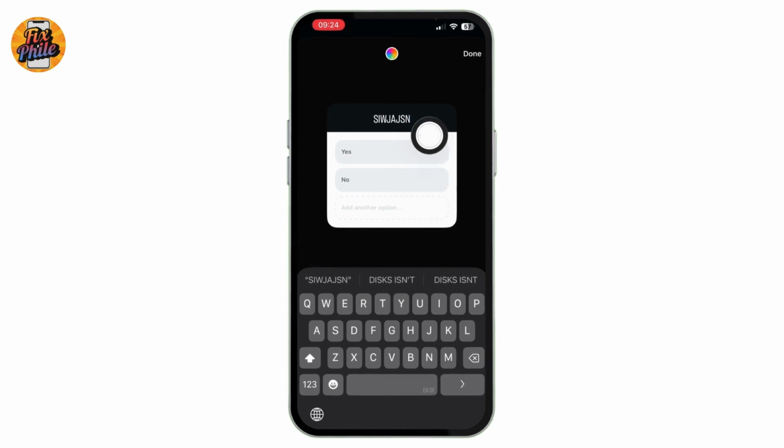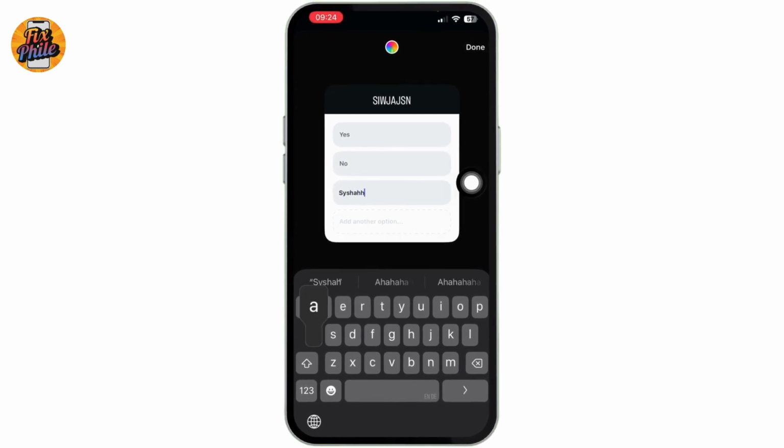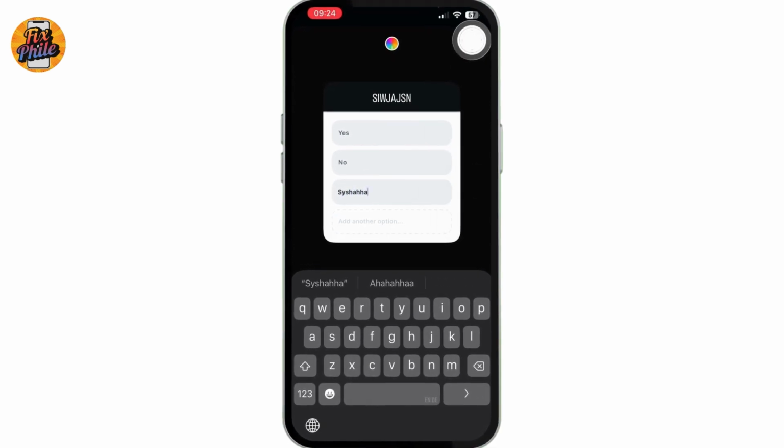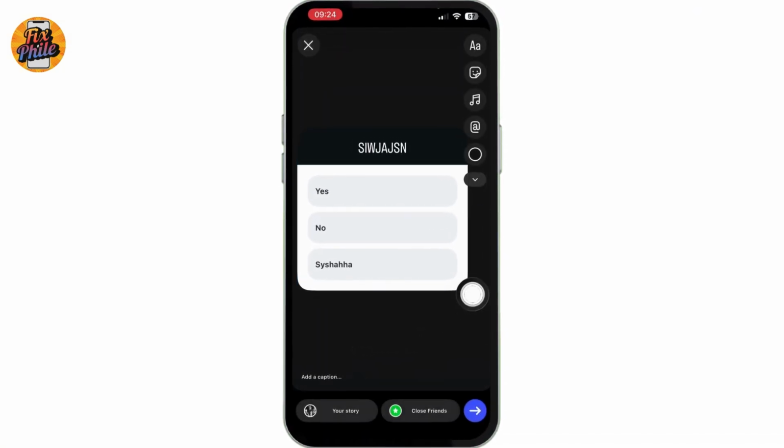After that, here you will be able to customize your answers as well. You can simply tap on add another option and then type in your options. After that, you can simply tap on done, and just like that, once the poll is ready, you can simply